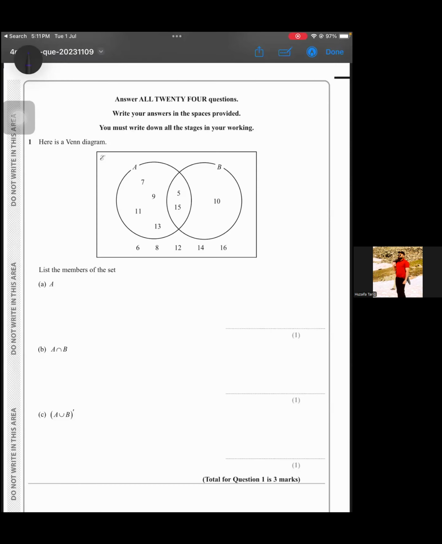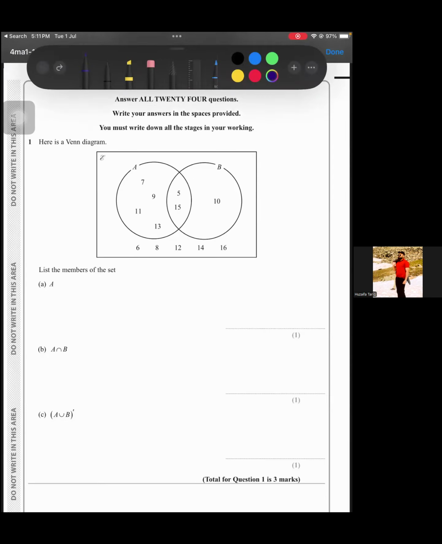So for question number 1, it says list the numbers of the set A. They have not defined whether we want only A or A. Since simple A is written here, you have to consider the whole circle. When you consider the whole circle, it will be this whole circle which is also including the intersection point. So the final answer that you will get is that is